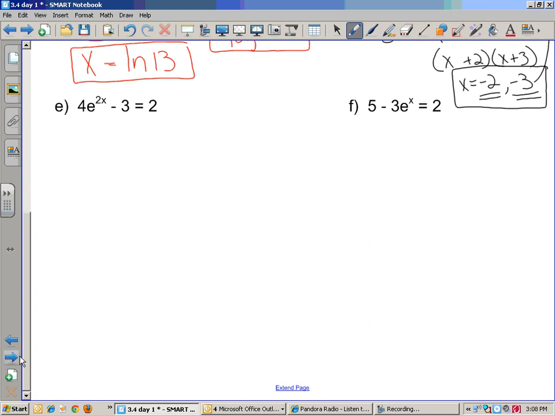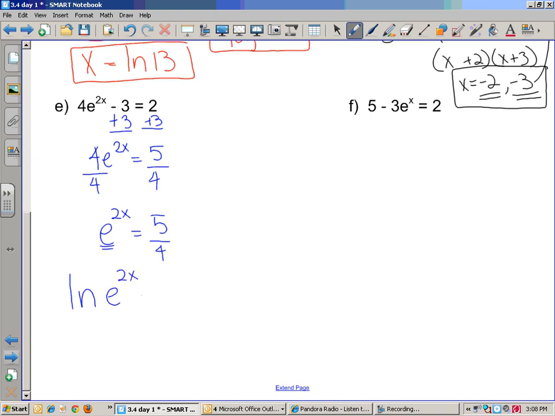Okay, the next two examples. In order to use my rules, I have to have it in the proper form. So I get 4e to the 2x is equal to 5. Divide both sides by 4. I get e to the 2x equals 5/4. Now with e, I like to do what I call log it. So I want a natural log of both sides. Natural log of e to the 2x is equal to the natural log of 5/4,